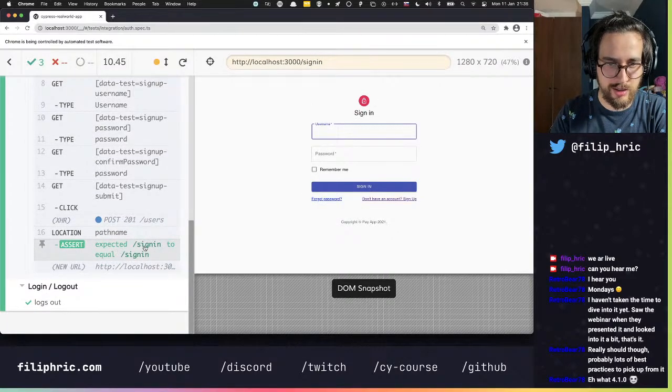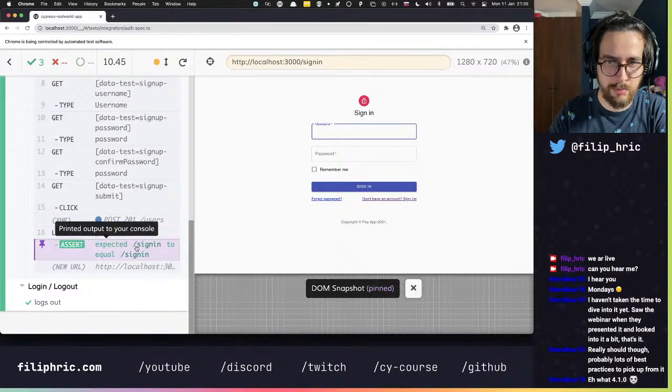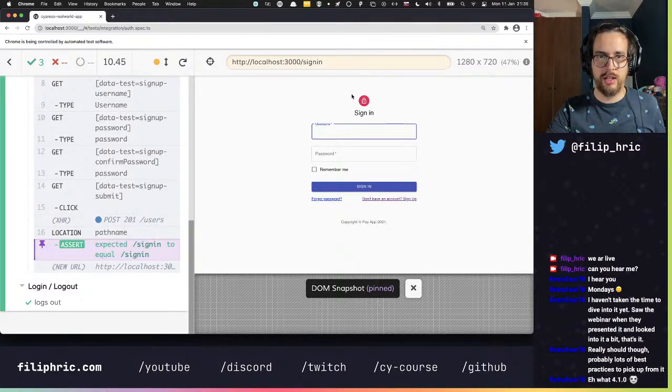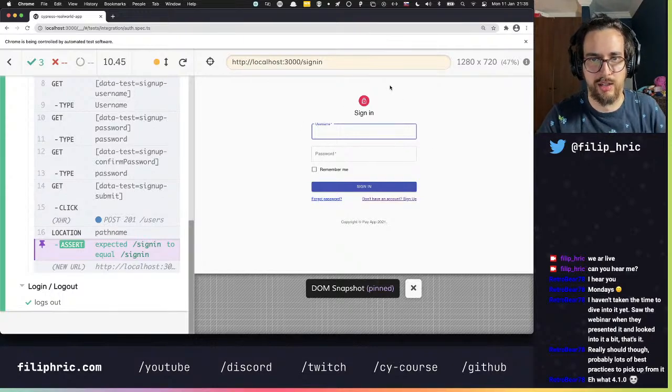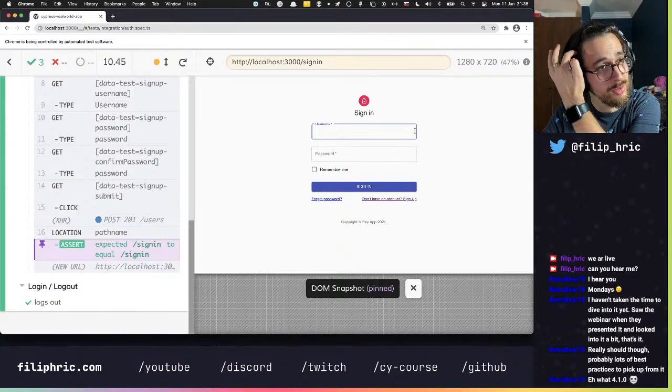And checking the path name after submitting. So after submitting the sign up, you should go back to sign in. So it doesn't log you in. You start at the sign up and you go to sign in.